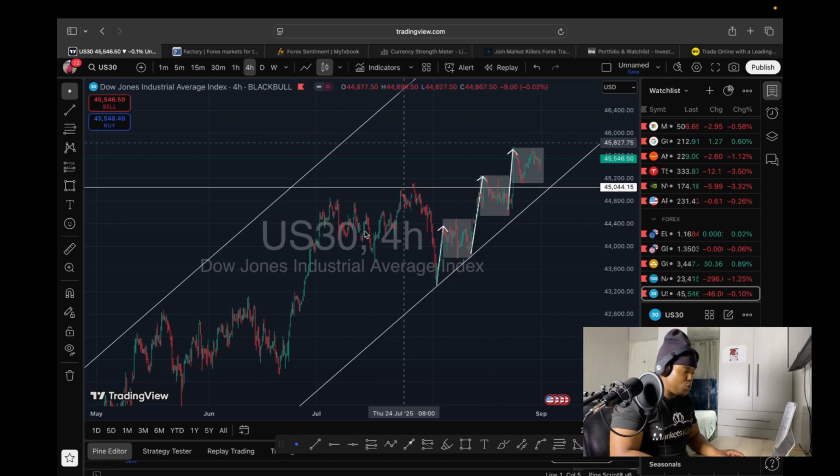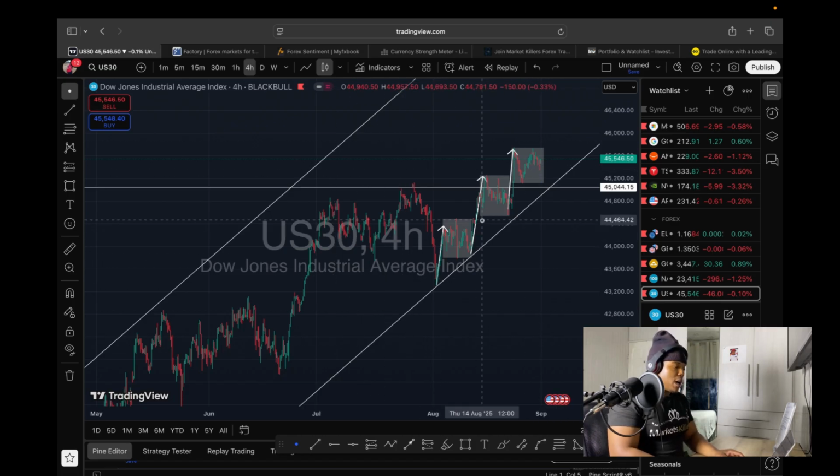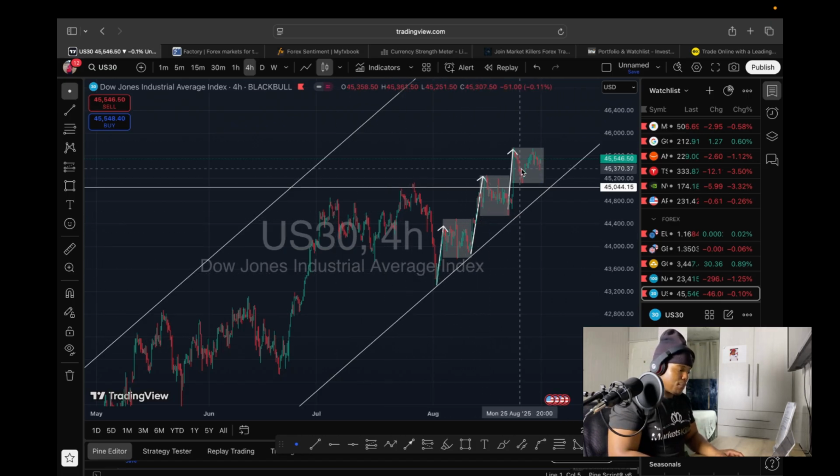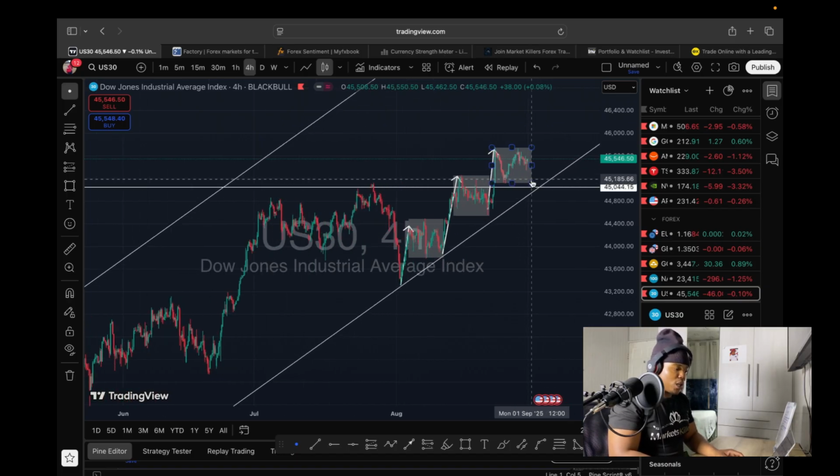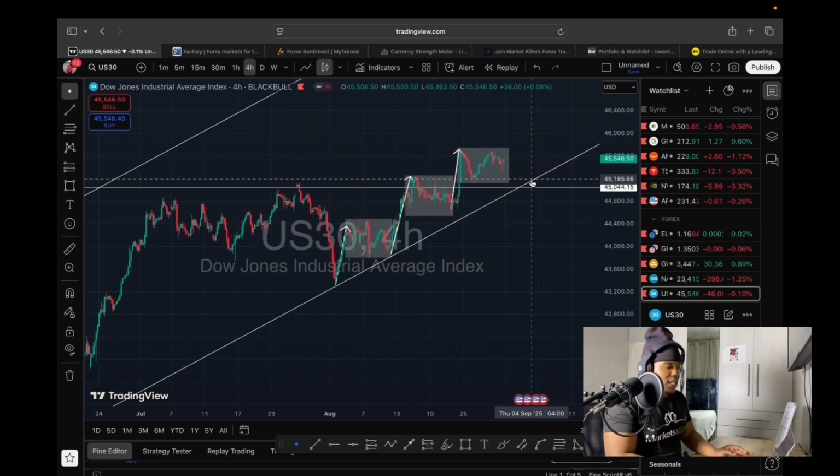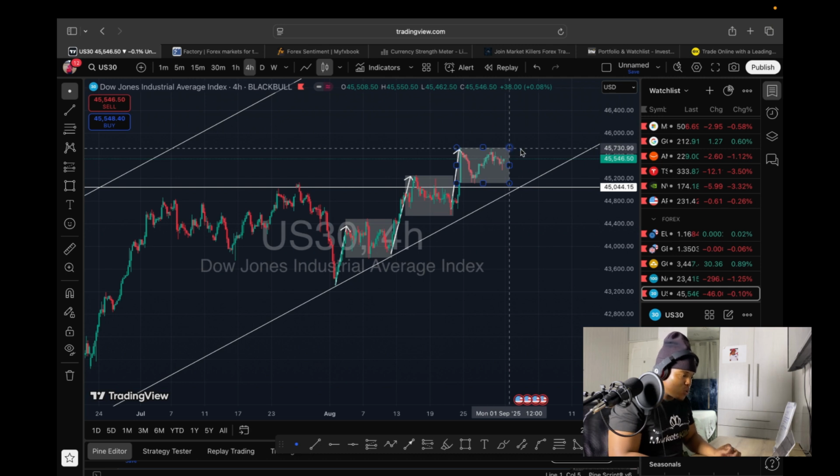So it is simple. US30 on a 4-hour time frame. We are in a price action movement right there, and we are currently in a consolidation phase, or a correctional phase, if I can put it like that. So once we can get a breakout on this level right there, on our resistance level, then we can anticipate the market to at least give us a retest,